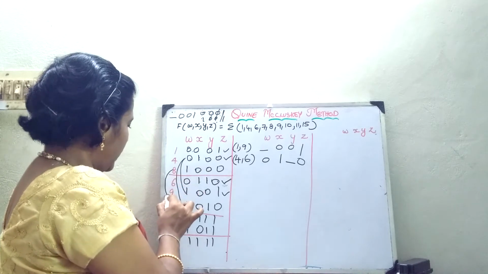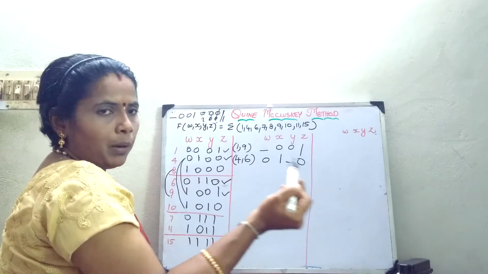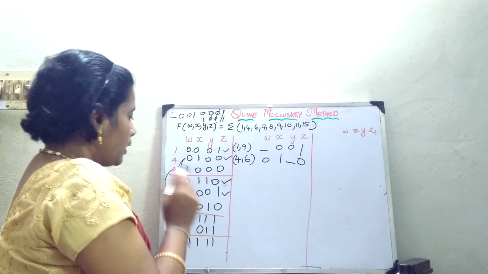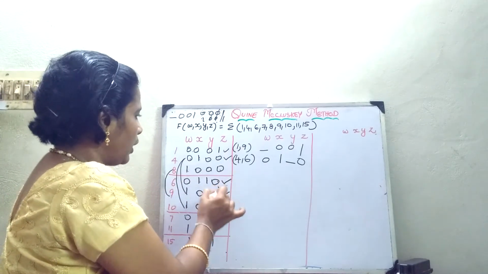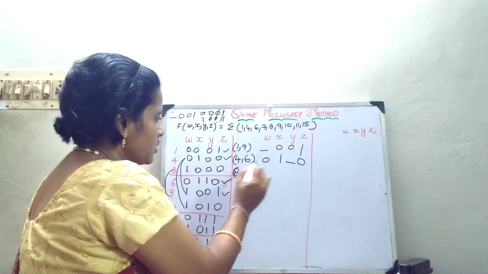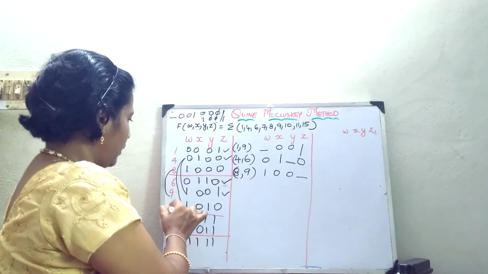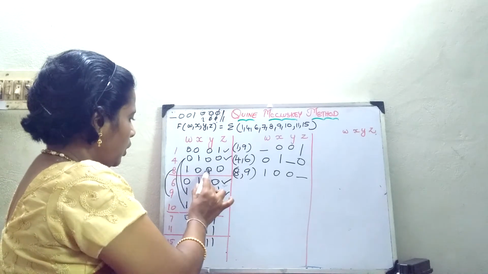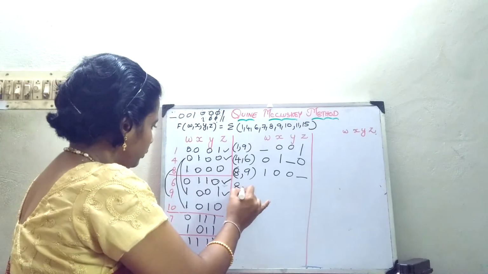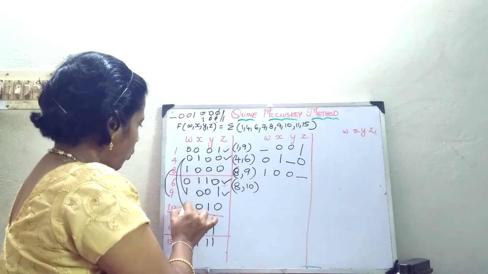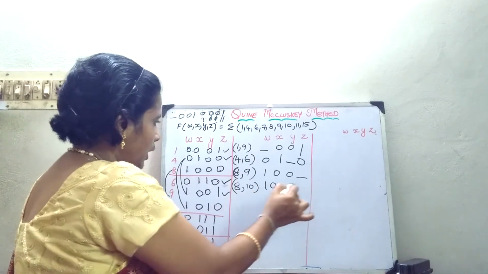Now 8 comma 9. Usually if you see the adjacent numbers, that will come as a prime implicant here. Okay. So it is 8 comma 9. So automatically you can check and write. Okay. 1000 it is, here 1001, only 1 bit change. So that is just a concept you should know. Okay. 8 comma 9 is done. Now 8 comma 10. 1 first bit 0, 1 bit change. Okay. I think 8 comma 10 also comes into picture. So 1, 0, here there is going to be a change and the last value is 0.